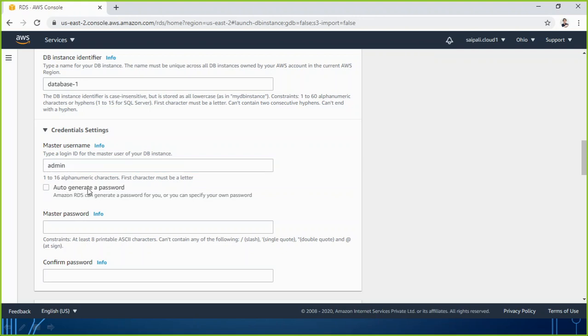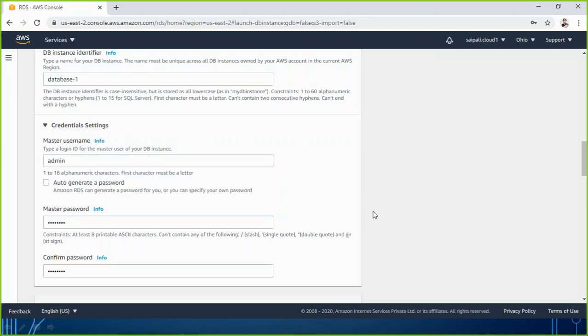Do you want to have an auto-generated password? Check this one. Or if you want to set a manual password, this is the option to check or set a password. So let me go for the manual. So maybe I set a password here. So this username and this password will be required whenever I want to access my database. This username and the password which I have set will be required to access my database on RDS.